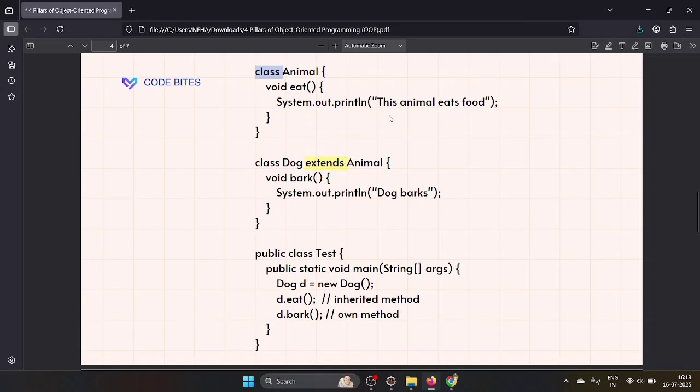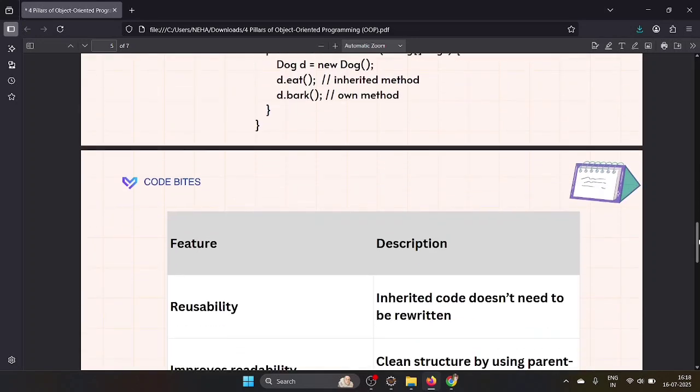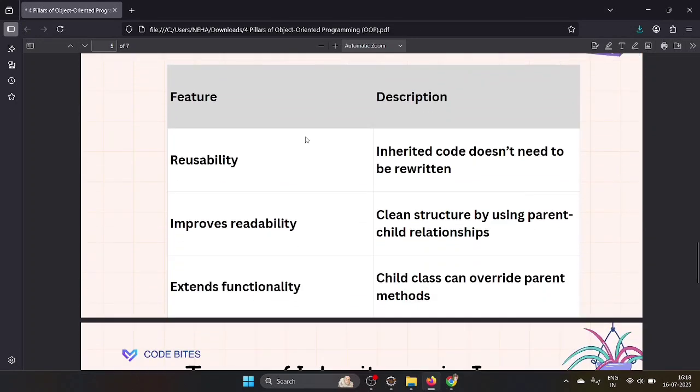So whatever is inside that class, you are inheriting. So d.eat is the inherited method, and d.bark is its own method, a specialized method present in the child class. This is how inheritance is happening.